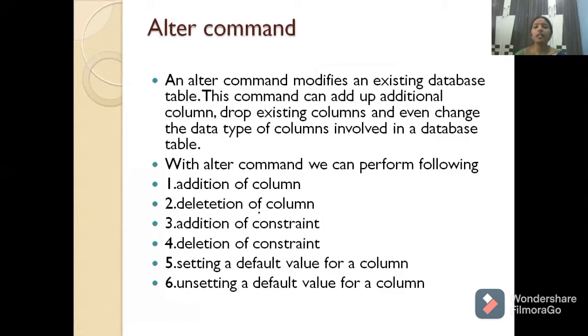Alter is nothing but modifying the existing database table. For example, I have created a student table with two columns: student number and student name.